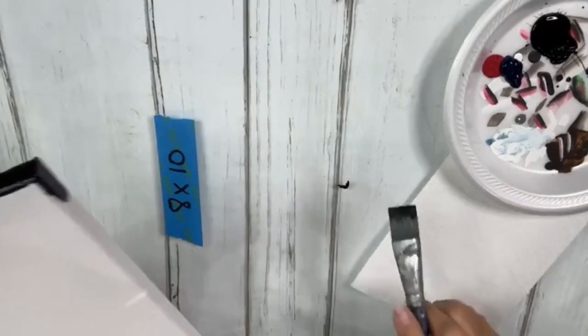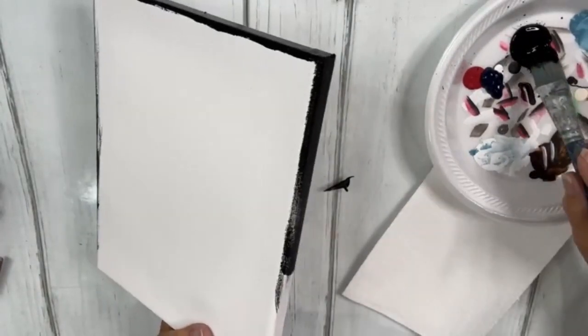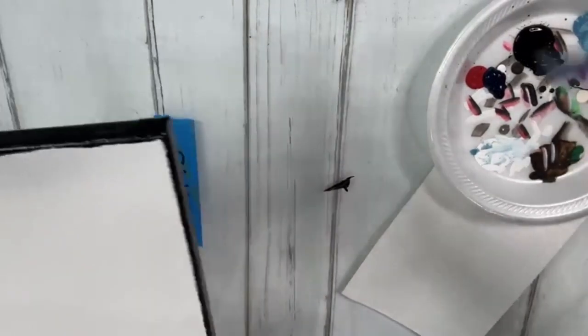Oh, what was that? Look at that great big old paint booger. Ugh. That just flew all over, didn't it? Let's get that edge. Okay, while I'm doing the boring part,